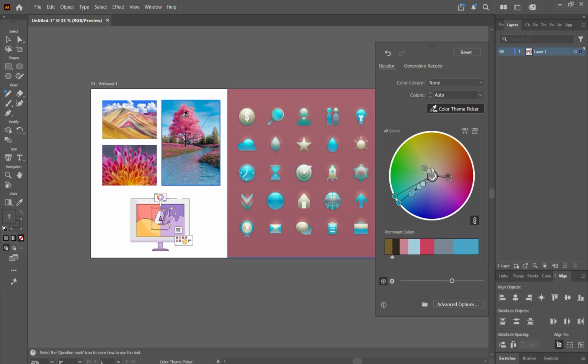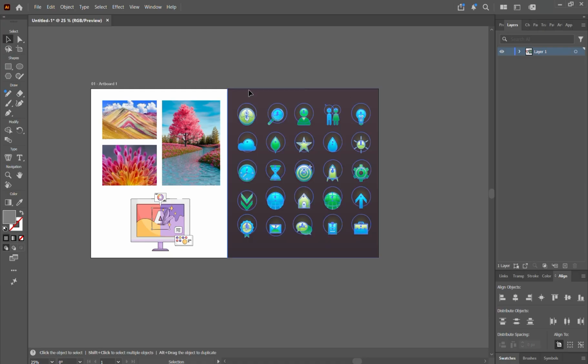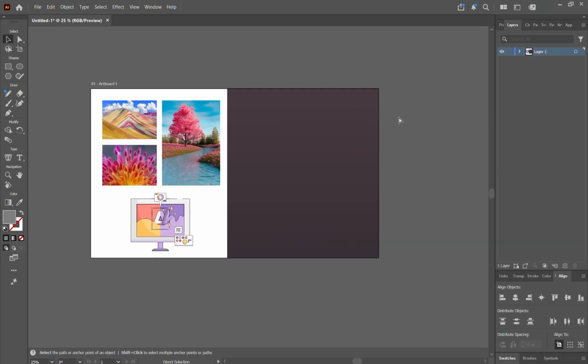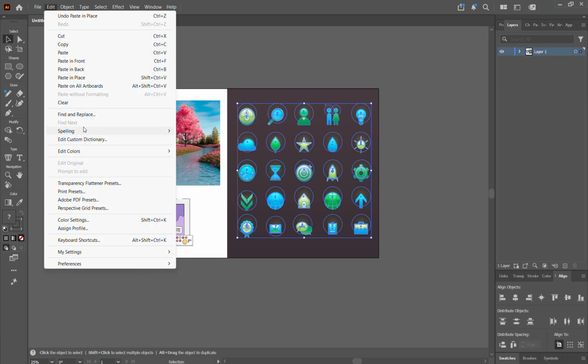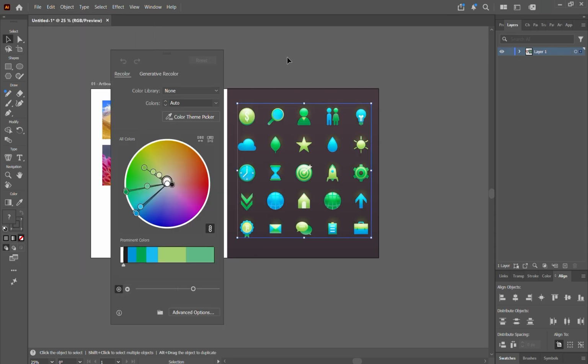And if you don't want anything, for example, I'll just reset this. If you don't want this background to be used as your recolor output, what you can do is take this out and place it over there. And now you can just select this group, go to Edit Colors, Recolor Artwork, and inside this,